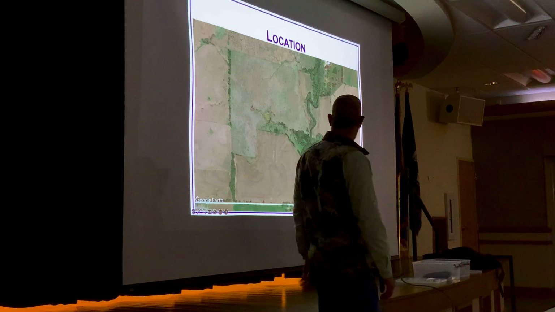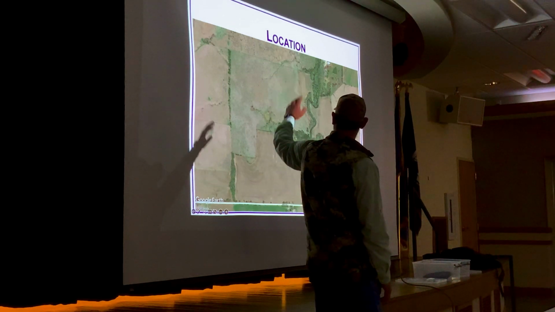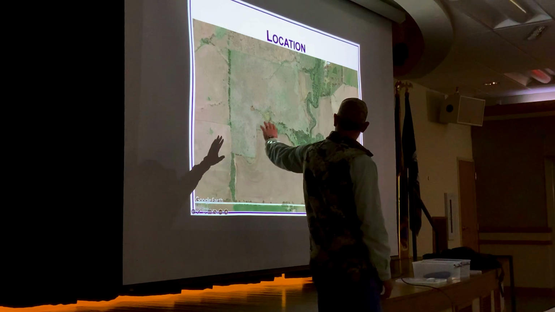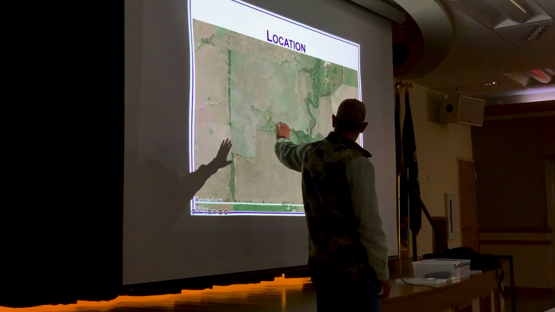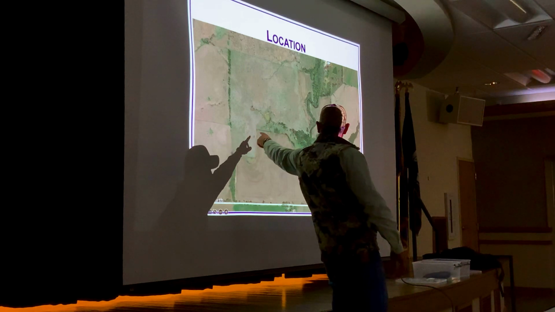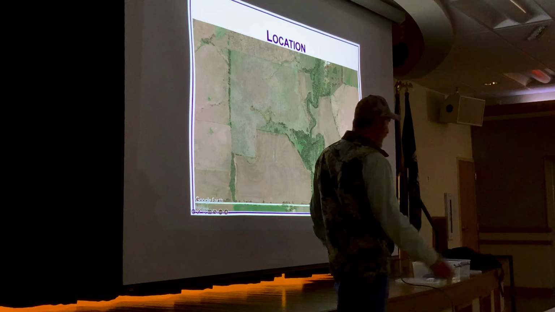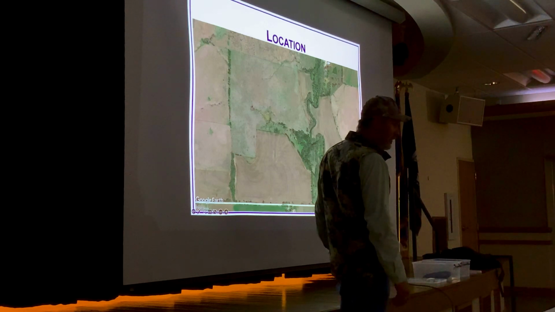I always look at an aerial image. I'm looking for long, linear areas of cover, transition zones between different cover types. So we're going from pasture to a crop field. I like corners, because if the coyote's coming this way, I can catch him here. If the coyote's coming that way, I can catch him there. I've got 2 sets there. If the pair's running together, I'm probably gonna catch both of them.